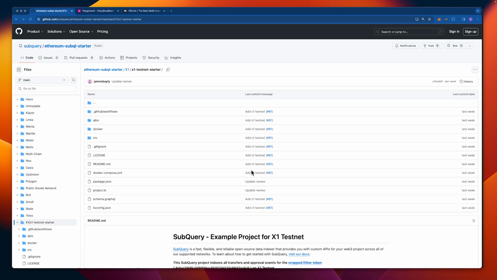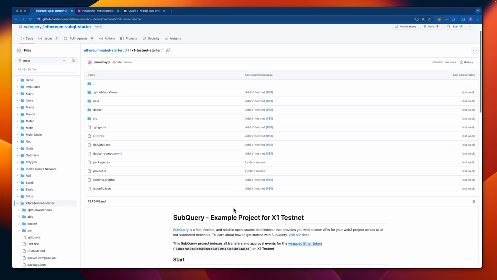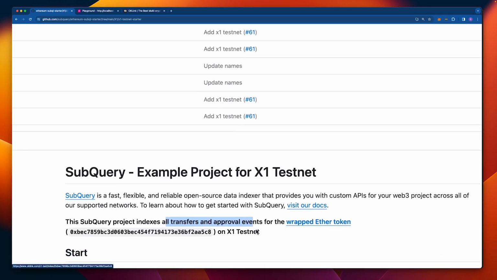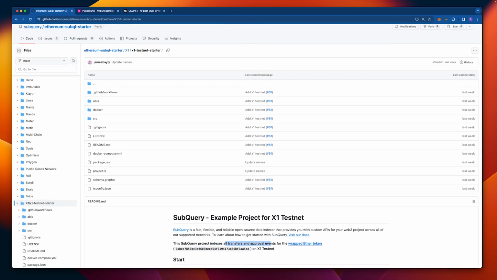Hey folks, this SubQuery example project here indexes all transfers and approval events for the wrapped Ether token on X1 Testnet. So let's jump into VS Code,